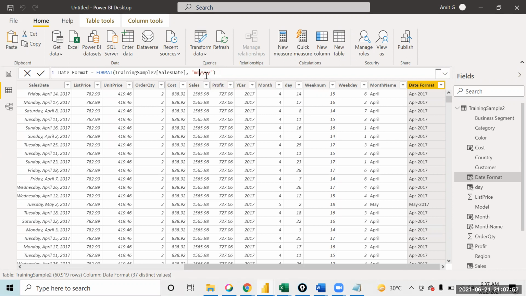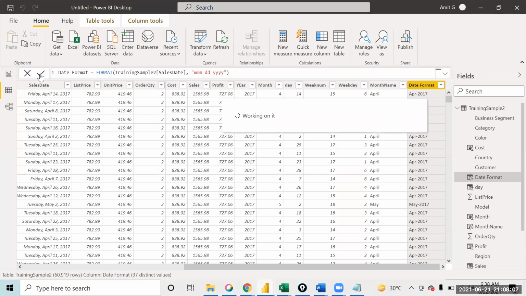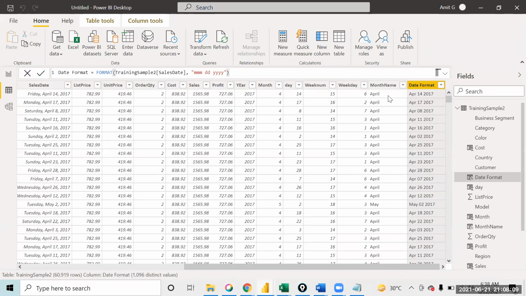If you write 2 times M, it will give you the month number, and 3 times M, the month name. So if you want to write MM space DD space like this, you will get that also. If you don't want to give space, you can write it together also.